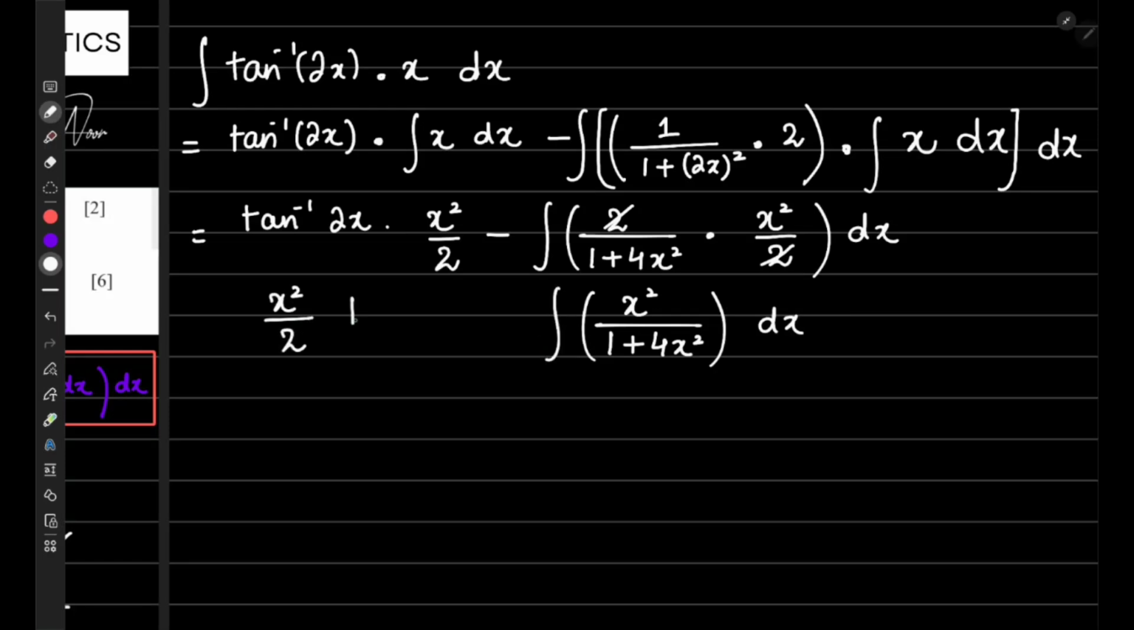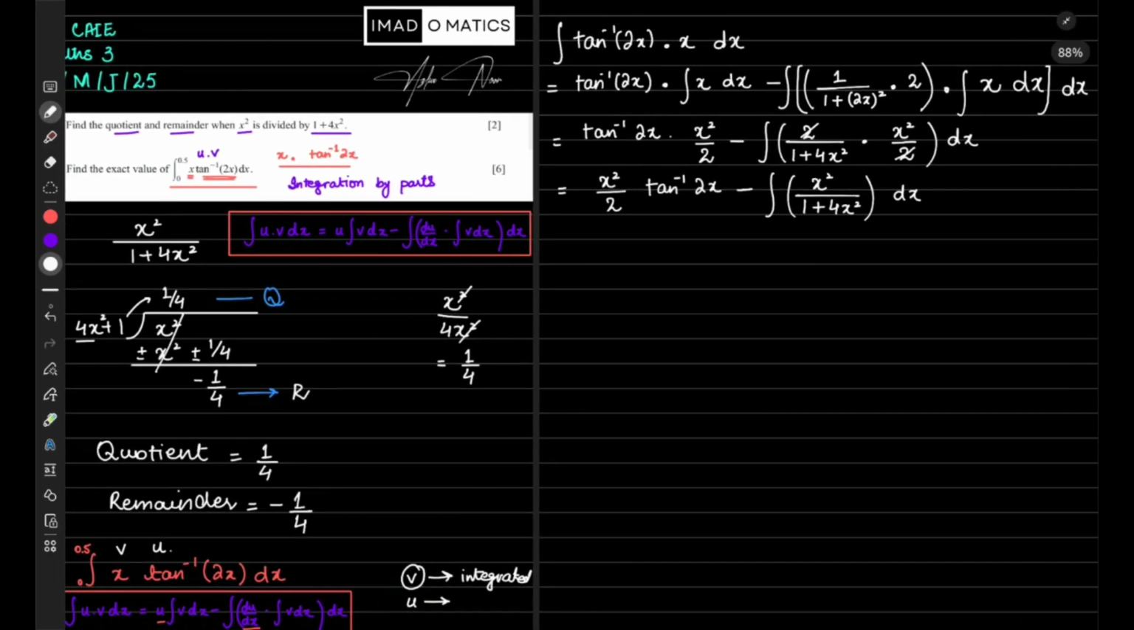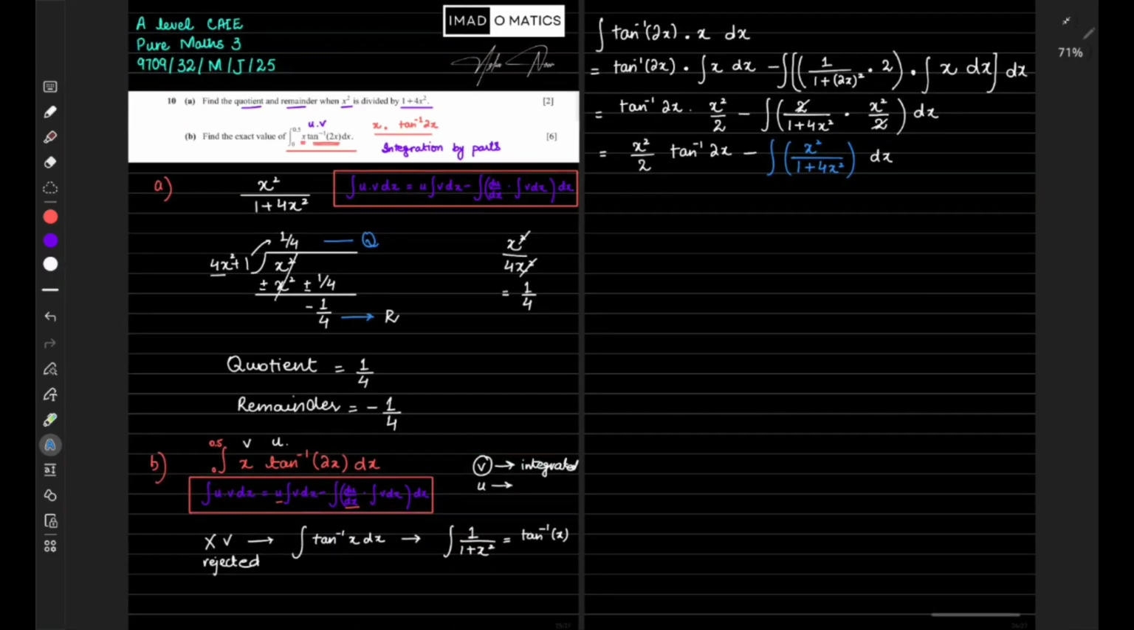So x square over 2, I am writing it in more simplified form. First the x term and then the tan inverse. Now we end up getting a new integral that needs to be solved. For that, we would be needing the part A. Why will we be needing the part A? Because in the part A we have already solved this proper fraction x square over 1 plus 4x square to get